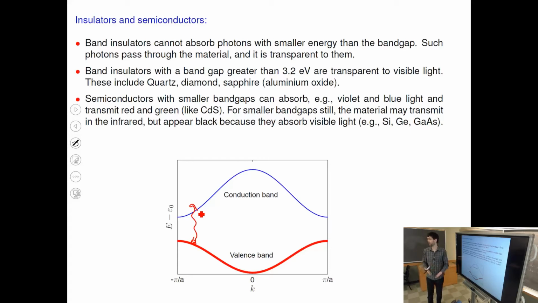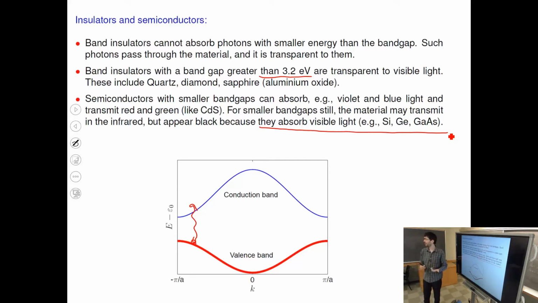And so materials with large band gaps tend to be transparent to visible light. And then materials with a smaller band gap absorb part of the light, and so they can have color. We saw examples of that last time. And then materials with a very small band gap absorb the entire visible light, and that is the case for the common semiconductors that we're going to talk about today, things like silicon and gallium arsenide. So they absorb visible light.